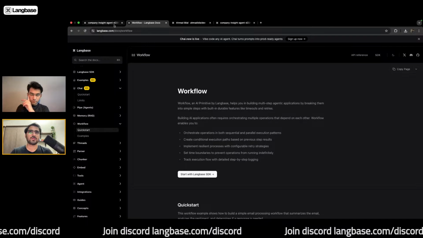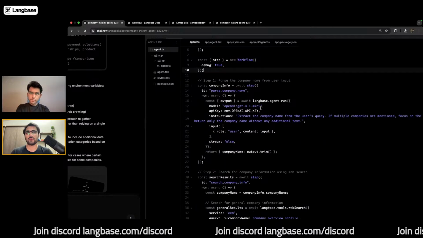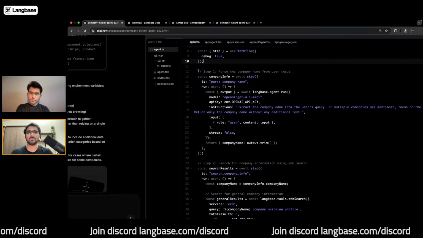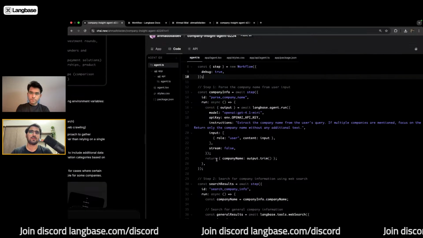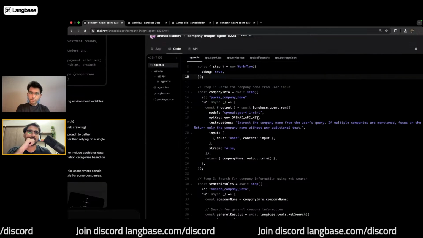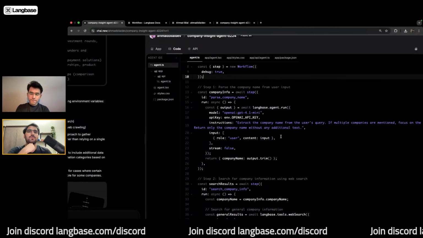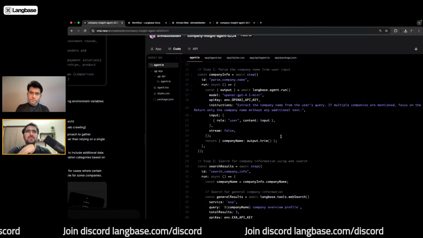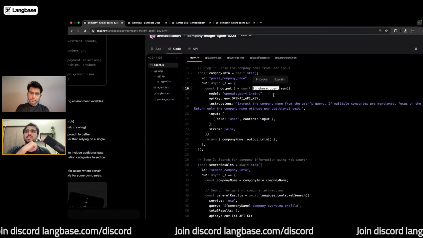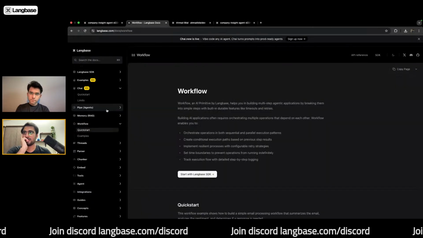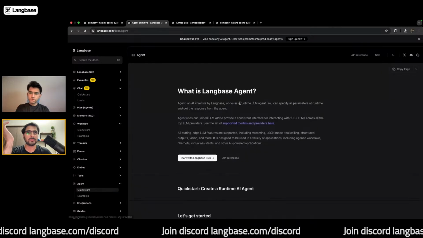We're going to use a workflow primitive, and inside here are the individual steps. All right, in the first step, we are extracting the company's name from the user's query. For this particular step, we are using the language agent primitive. The language agent primitive is an AI primitive, which is essentially a runtime LLM agent.